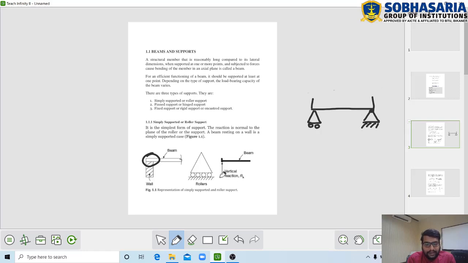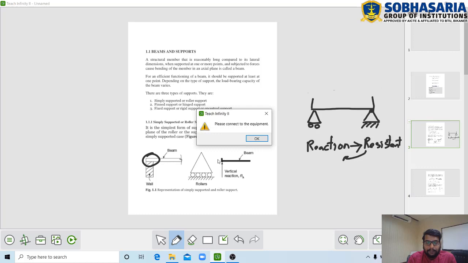So first we have to know what a reaction is. A reaction will be caused when there is a resistance, we can simply say. There is a resistance to displacement or motion. So that will yield what? That will give a reaction. So when you see the roller support giving a